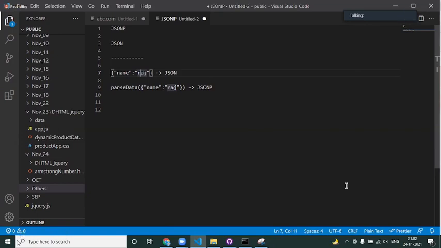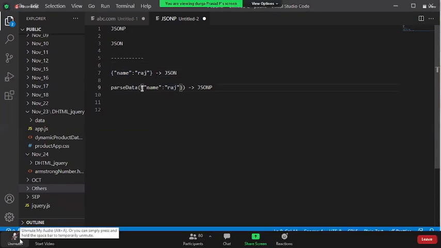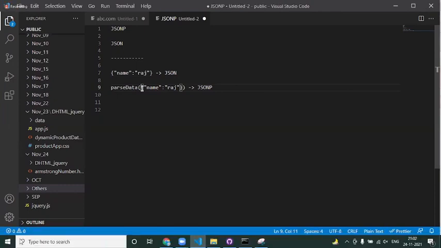Sir, by parsing, are we making any changes to the key value pair here? No, nothing. That is what we said, right? As it is, the object is passed as a parameter. You simply call it a JSON-P. That's it. Nothing changes in the object structure. Okay. Next. That's it. No more questions.